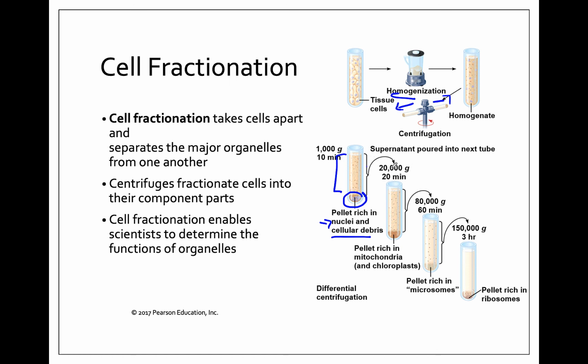Then we pour off the top and centrifuge it again. And so each time it goes through the centrifuge, the pellet at the bottom consists of smaller and smaller organelles. So what you can do is you can pour off until you basically have this supernatant that's full of teeny tiny molecules like ribosomes, and you can actually use this fluid to study those specific components or